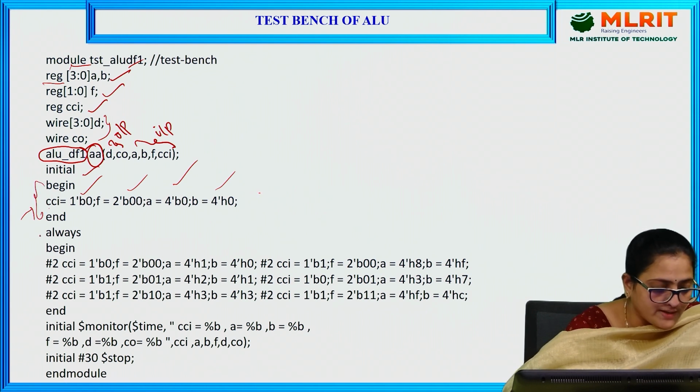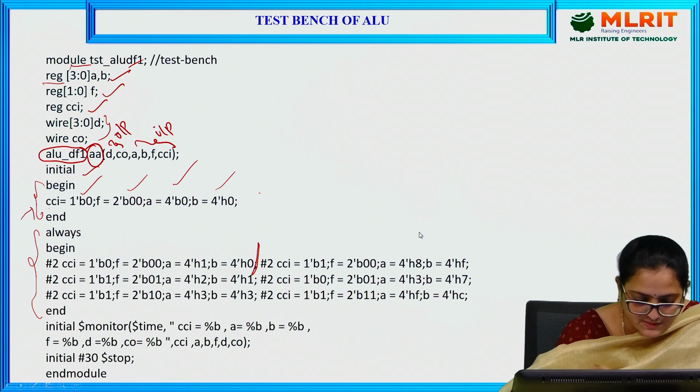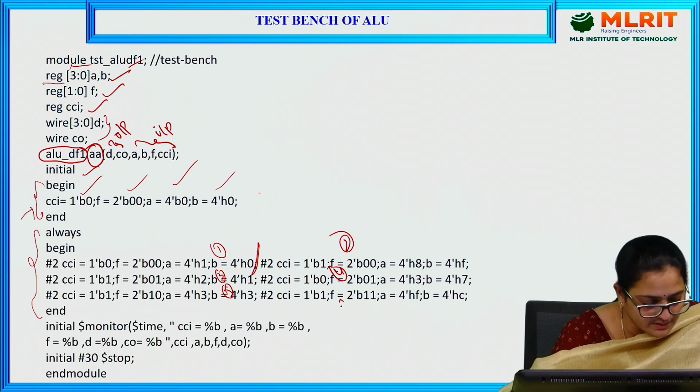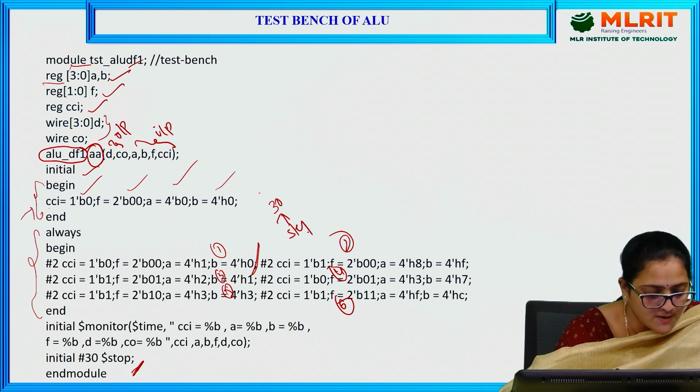These 4 statements have to be grouped with the begin and end statements. Every time I ask to change, the first iteration performs up to this statement. Again, it goes with the first iteration, this is the second iteration, third, fourth, this is 5, and this is 6. This repeats till the 30th time interval. At the 30th time interval, the simulation is going to stop here.